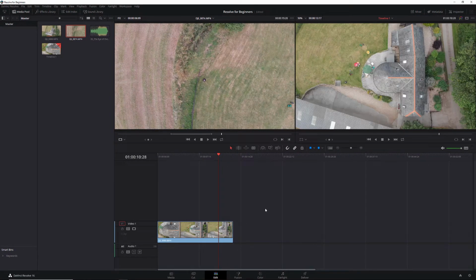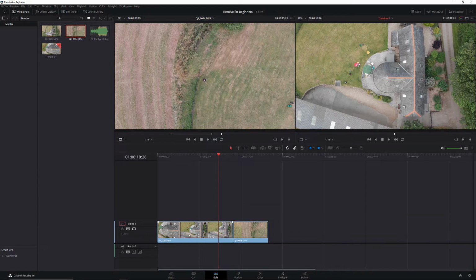Okay, so the other function I need to show you is the ripple overwrite function. What this does is it actually changes the length of the video to match the video you're actually putting onto the timeline, rather than just inserting it into the middle and shoving everything up alongside. So for example, if I then drag this down to the end of the timeline and then think, oh right,